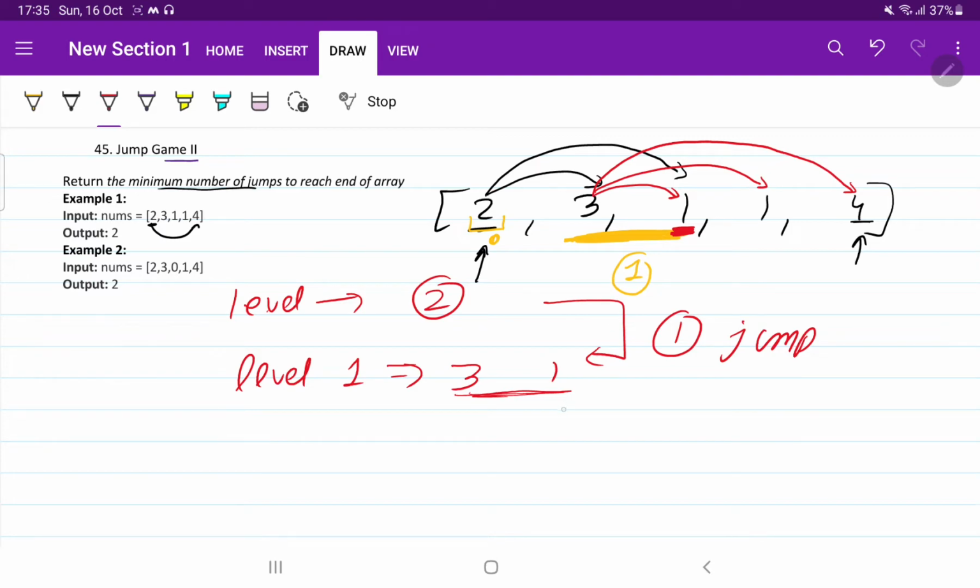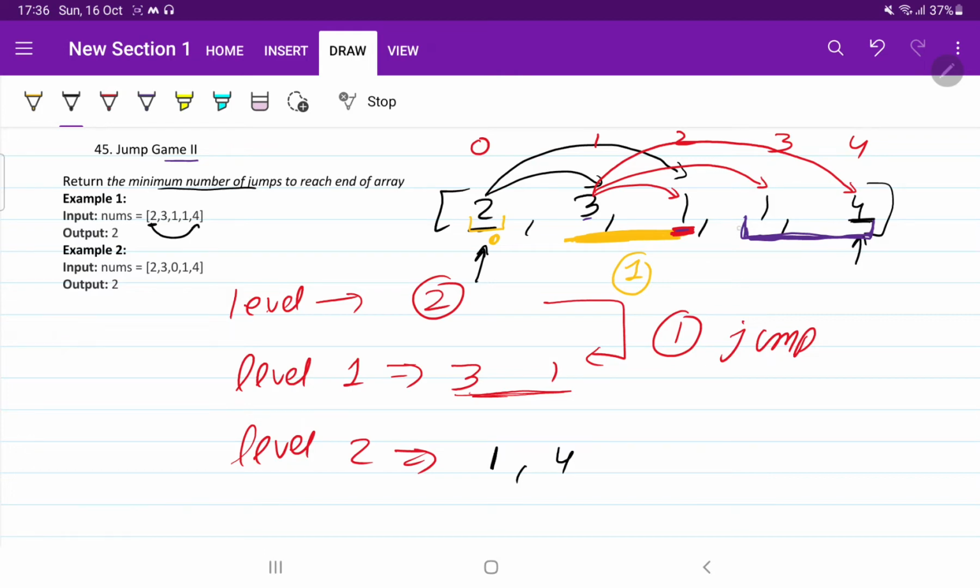So when you have reached the next level, now your target should be to reach the next level. Let's say level 2 now. So what will level 2 be? From this there is no use to jump here. It means the next level will contain these two elements. If I write the indices, this is 0th, 1st, 2nd, 3rd, 4th. So the maximum index that I can reach is this. So the second level will contain the elements 1 and 4.